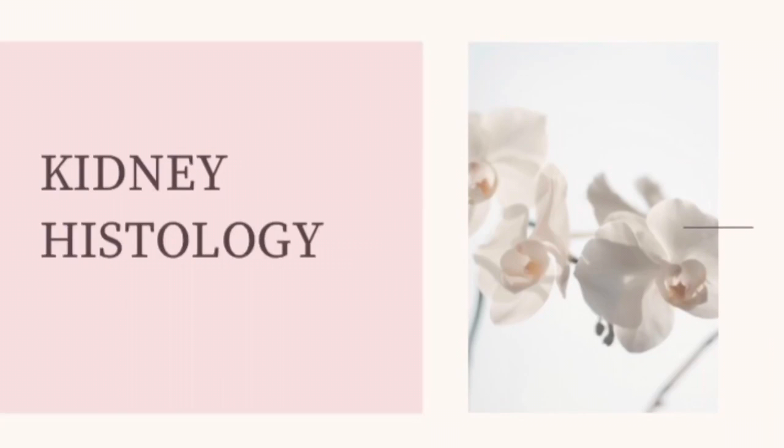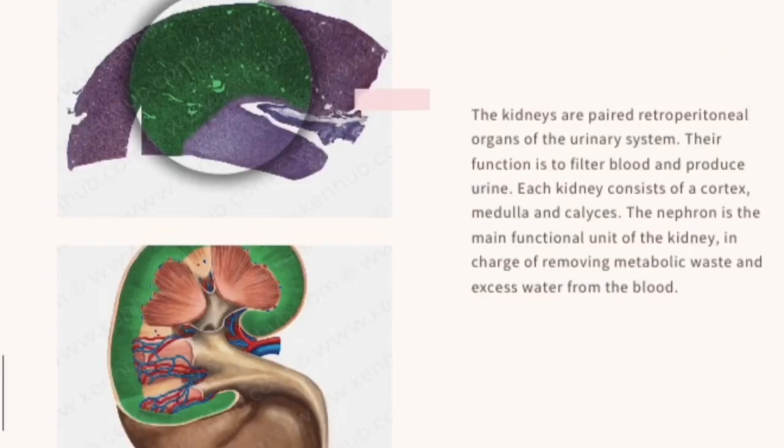Let's proceed to the kidney histology. So the kidneys are paired retroperitoneal organs of the urinary system. Their function is to filter blood and produce urine. So each kidney consists of a cortex, medulla, and calyces. So the nephron is the main functional unit of the kidney, in charge of removing metabolic waste and excess water